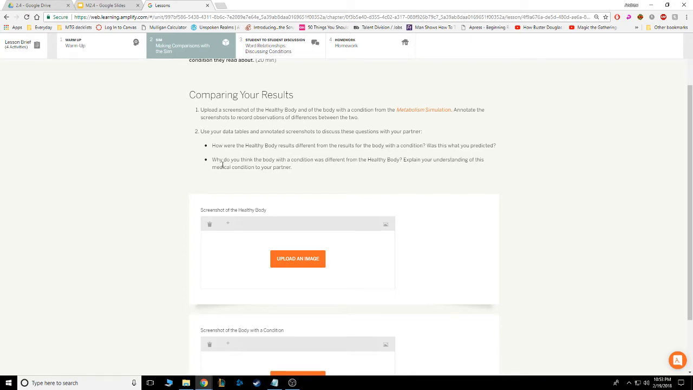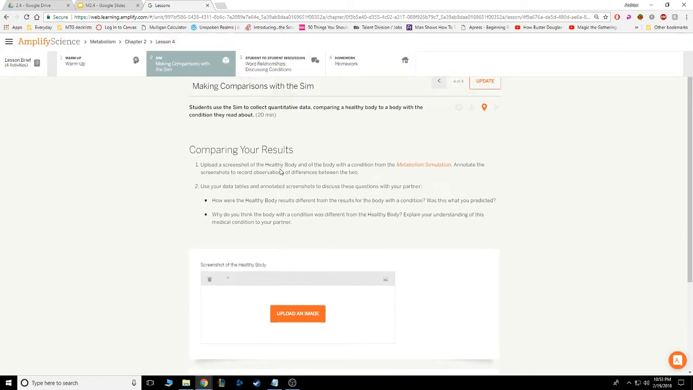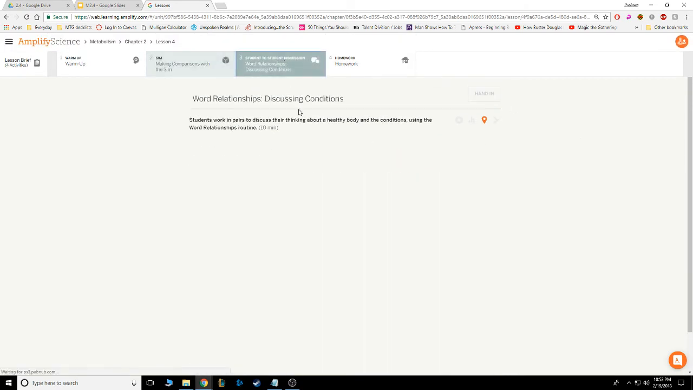And the second is to make sure that your partner learns about the medical condition, because it's possible that your partner didn't read about the same condition you did. If you read about anemia and your partner read about pancreatic injury, they wouldn't necessarily know what the data would look like. So you should be able to explain it to them to practice teaching, reasoning, and improving your understanding with your partner. Once you're done with this, you're ready to move on to step 3, which we're going to